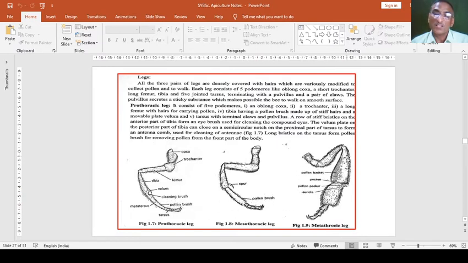Now the third pair of legs is quite modified compared to these two pairs because it is used as a pollen basket. This total is the pollen basket. This is the pollen basket, and this is the pecten. It works as a lead. Then the pollen packer. This is the pollen packer, used to pack the pollens inside, or we can say the auricle. So these are the organs which help to gather the pollens in this leg. So this leg works as a pocket to collect the pollens. Therefore, the third pair of legs is called the pollen basket.